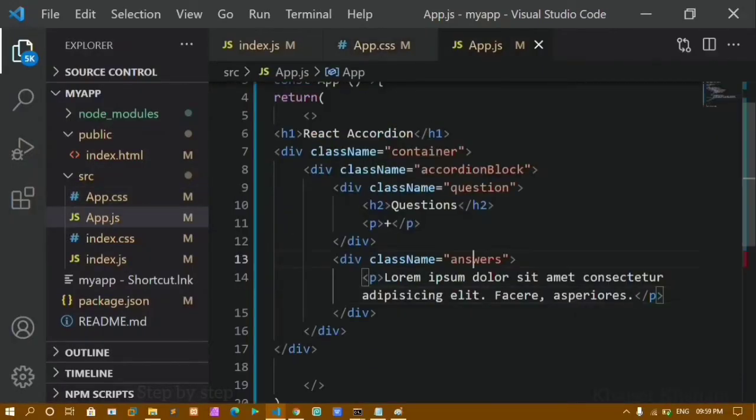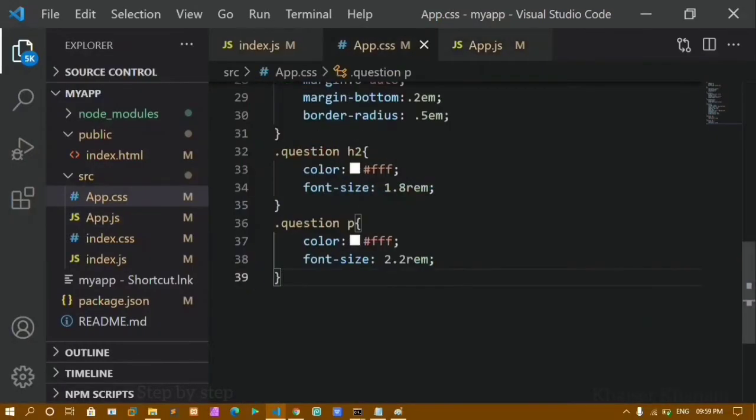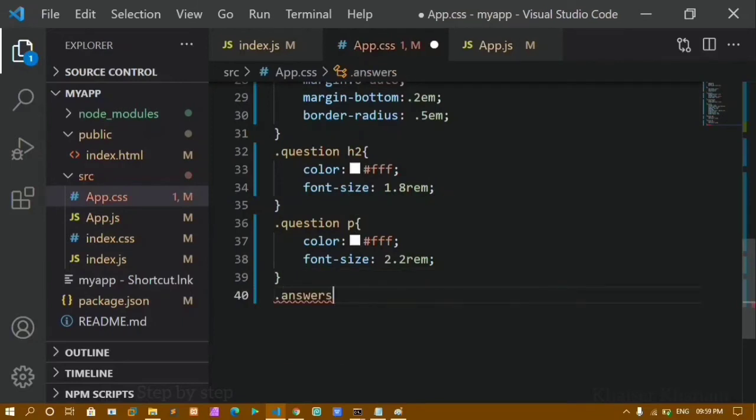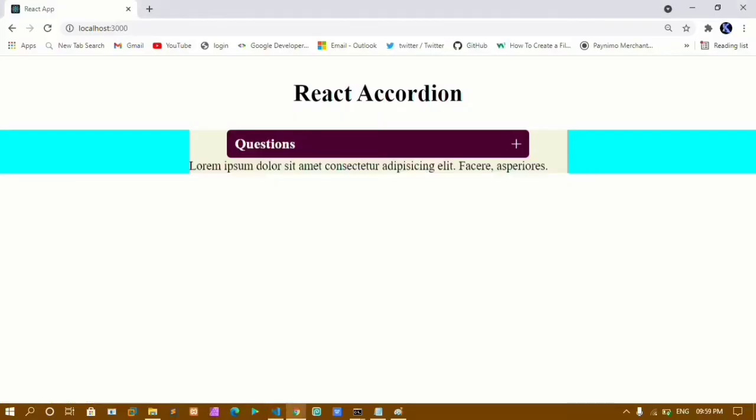Now next I'll be styling this paragraph. I'll copy this class, and here I'm going to paste that class. Inside this class I want to style my paragraph. For this I'll just copy this font size. I'll copy this one, and here I'll be pasting that one. Instead of 2.2, I'll just give here 1.5 rem. I'll save this, and now if you see, my font size has been increased for my paragraph.